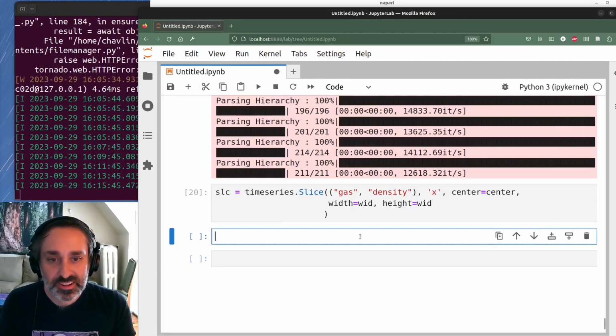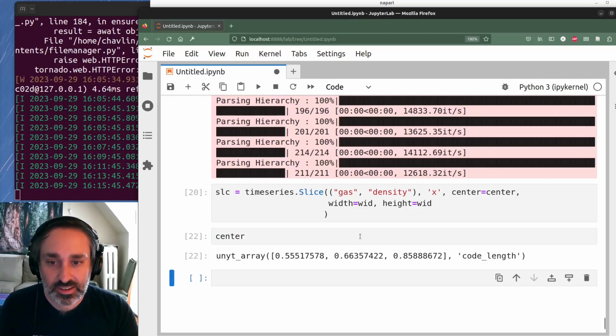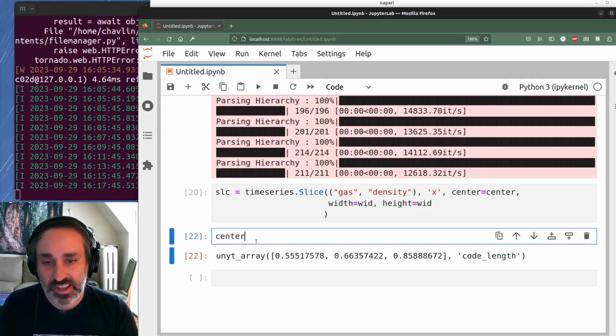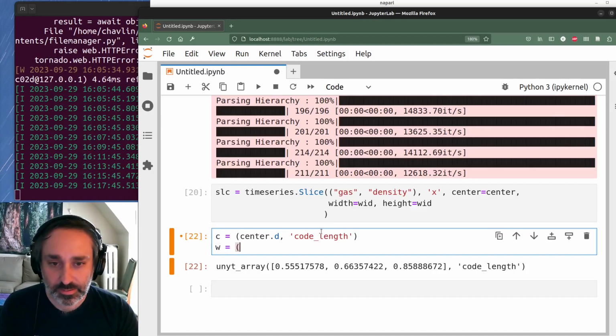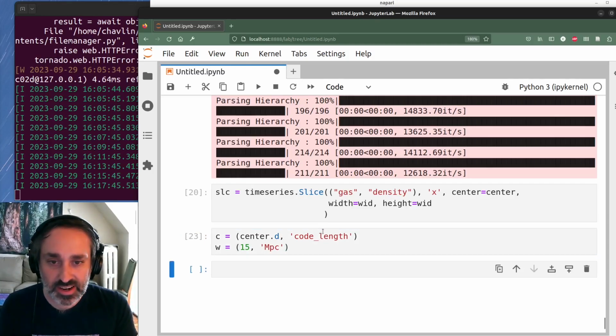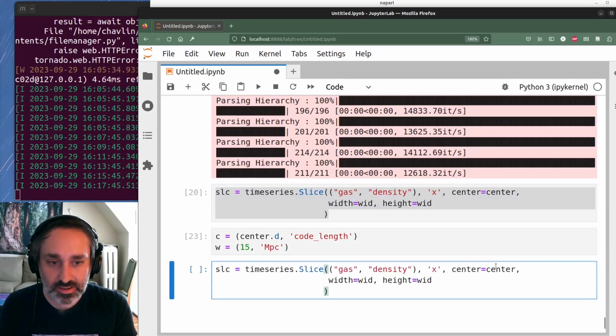You can, however, also specify these center and width and height arguments as tuples, so that, for example, we could say instead our new center is going to be our center under values. So this will just be the numpy array from the unit array, and we'll give it the code length units. And then our width, we're going to take 15 megaparsecs. And now when we build our slice object with these new values,